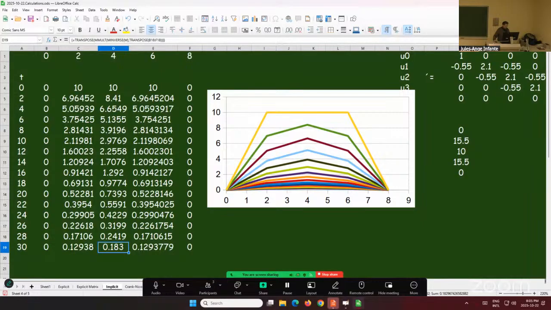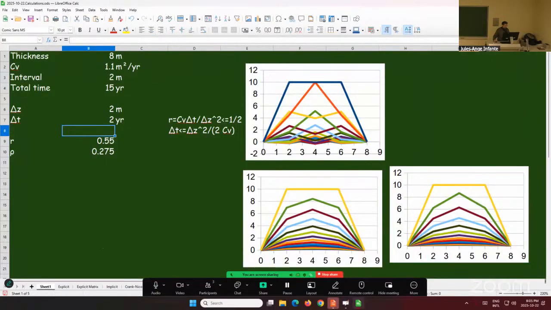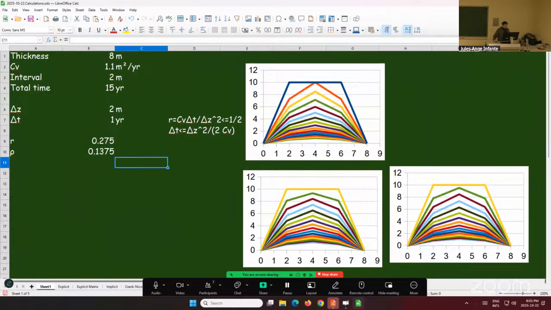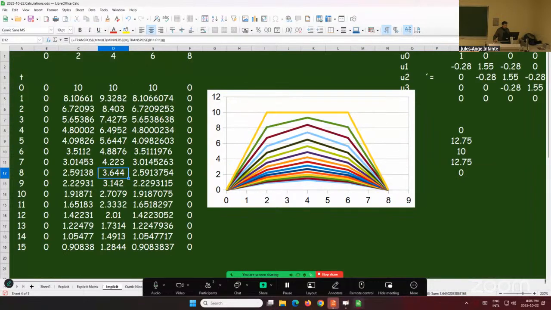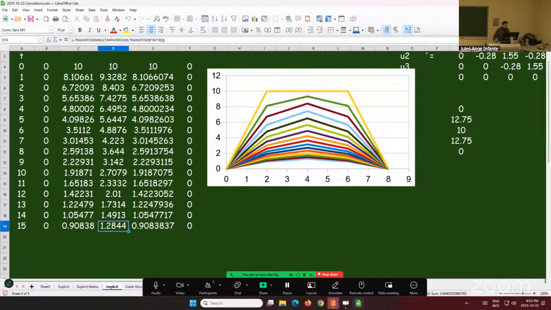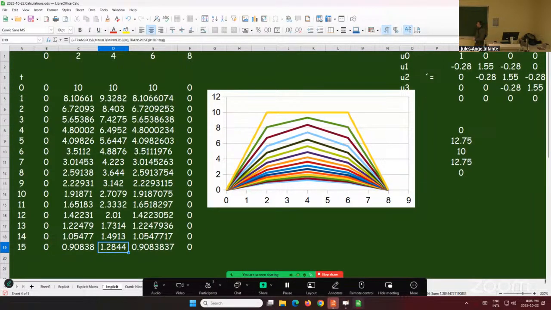It was 1.2. It's not too bad. It's a little bit comparable to what we had at 15 years before. It's 1.29. And before we used to have 1.28 at 15 years. So it's not too bad yet at this point. So you can get away with a little bit